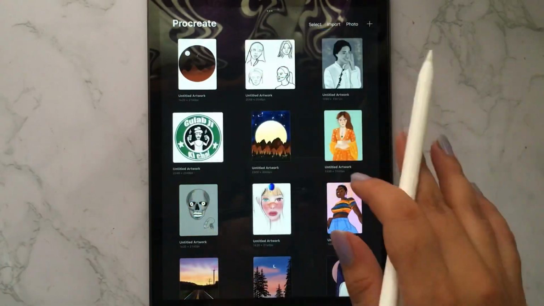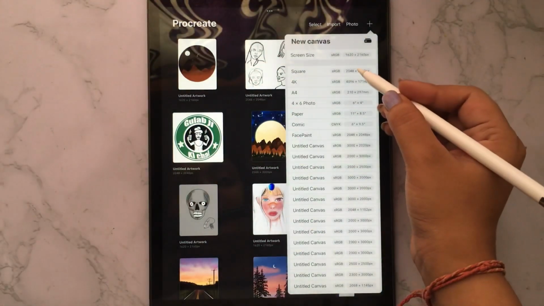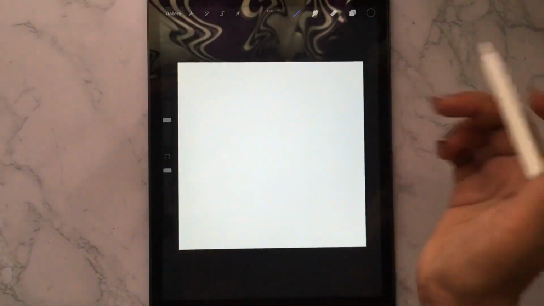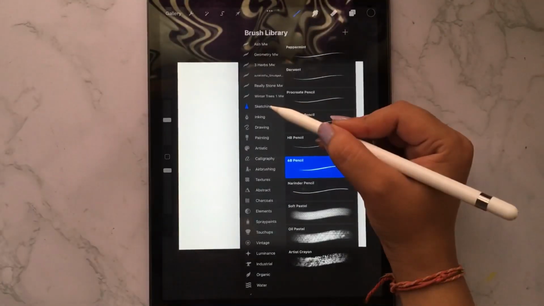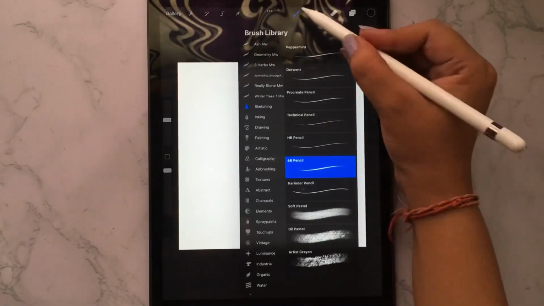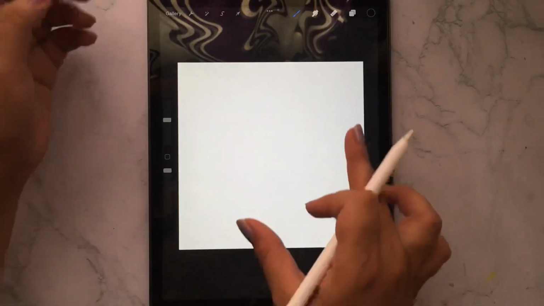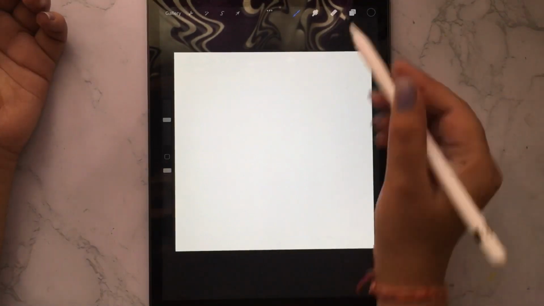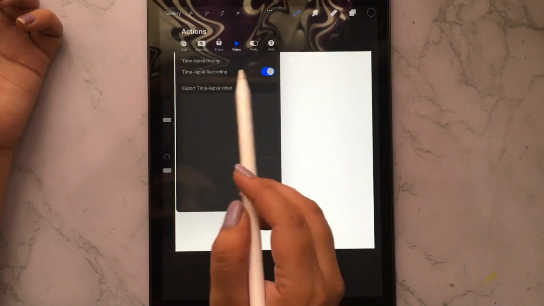Now I'll show you how I draw portraits in this. So I am going to select a canvas, and I always start by sketching. So I'm going to use sketching brush and 6B pencil, and the color is black. And now we are going to start a rough outline of a portrait. So you can do freehand, or also you can select a reference from here.